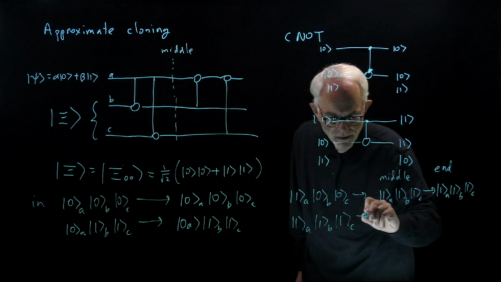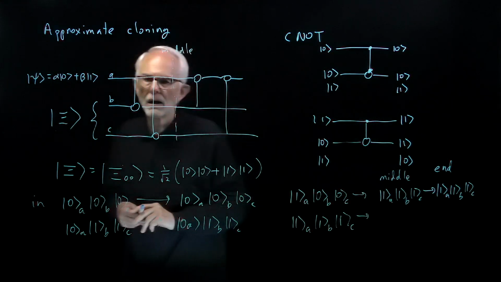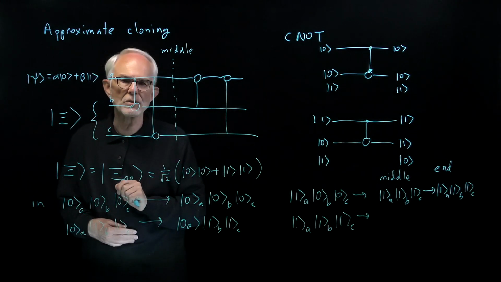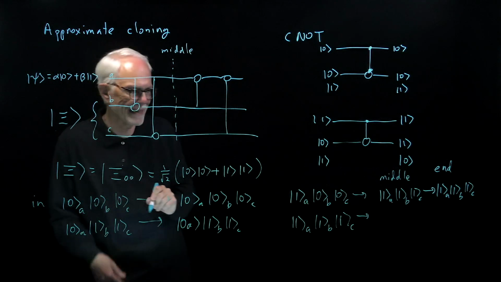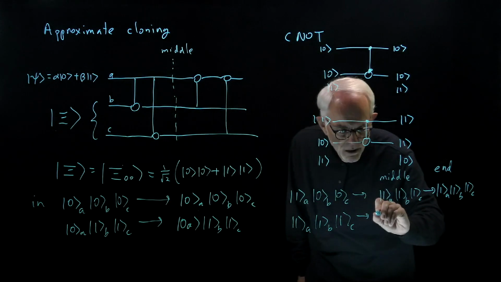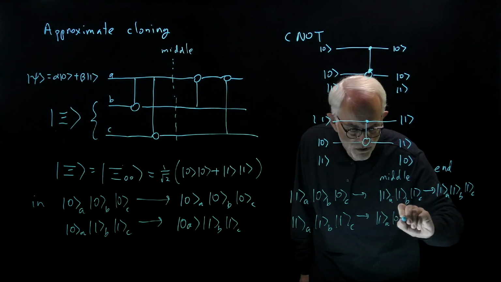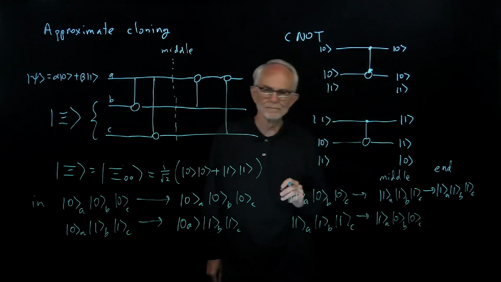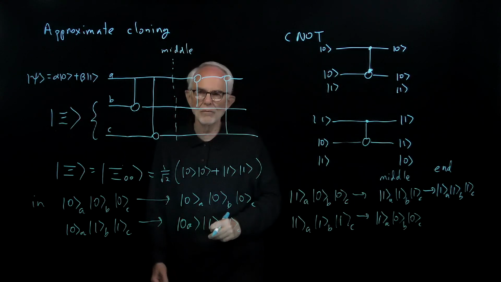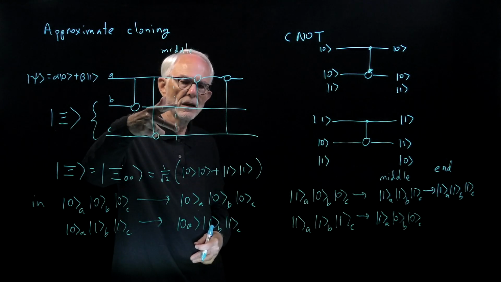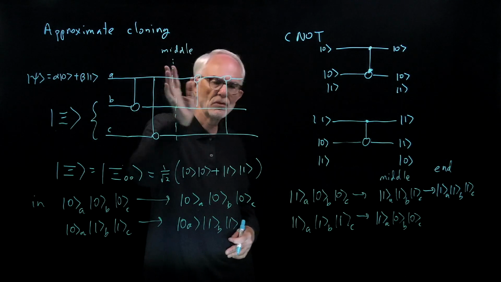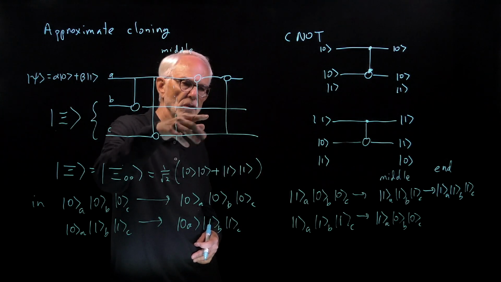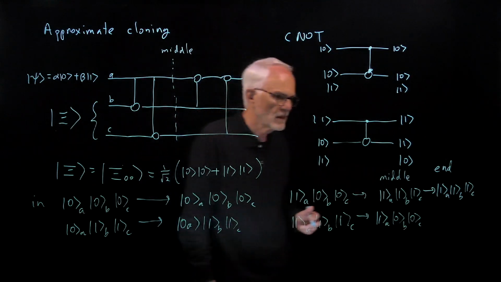So what happens now is, we start with A in the 1 and B and C in the 1. So they're both going to get flipped by the action of the A. So in the middle, I'm going to get a 1A, 0B, and a 0C. Okay, now the B and C qubits are now 0. So that means that nothing is going to happen after that part of the circuit. The A qubit is not going to get flipped because the B and C are both 0, and the B and C are just going to stay the same. So this will simply give me